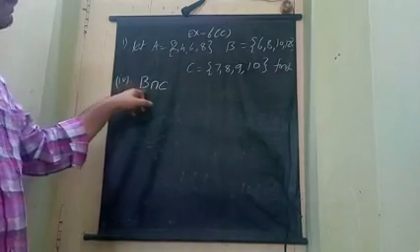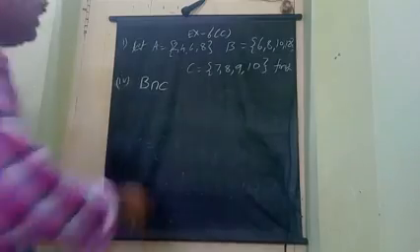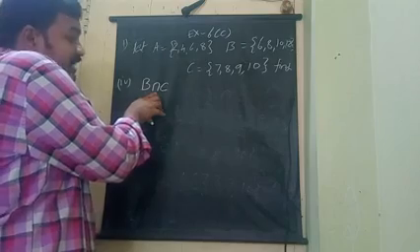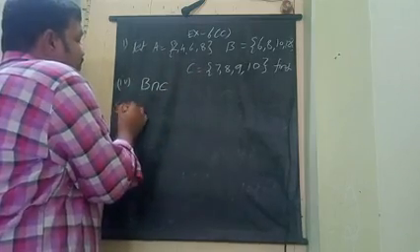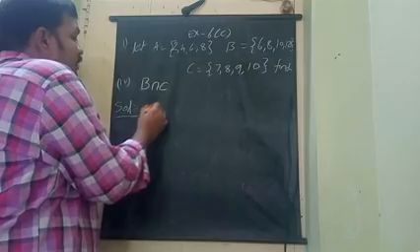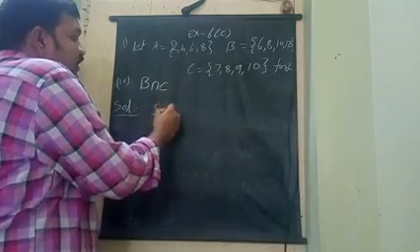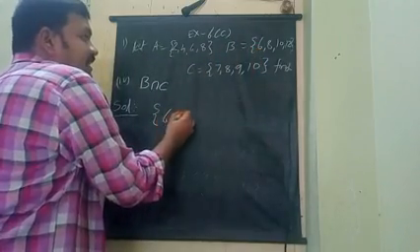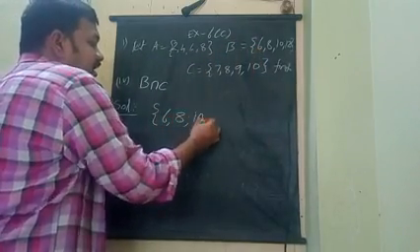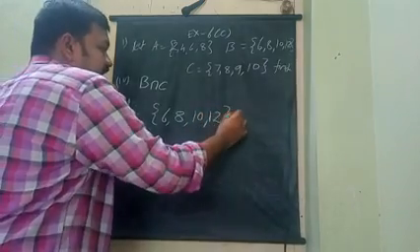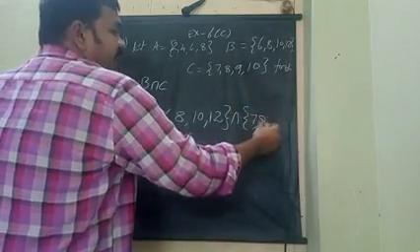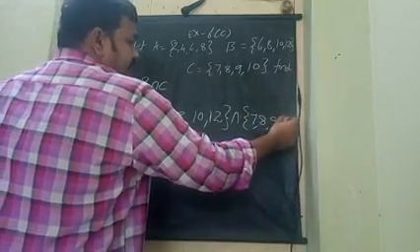So here is our next sum. The next sum is B intersection C. What is the meaning of this symbol? It is called intersection. The meaning of intersection is taking out the common ones. So write this: B elements, don't write A now. B is 6, 8, 10, 12, intersection. C elements are 7, 8, 9, 10.